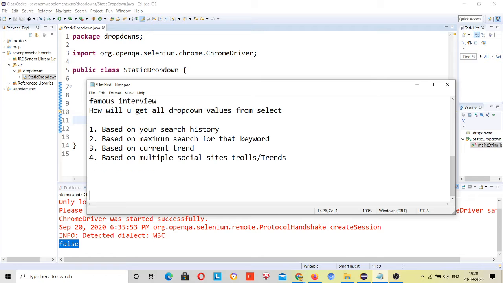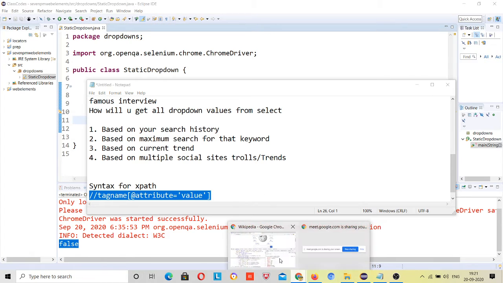Yesterday I told you the syntax for XPath is // tagname [@attribute equal to value], right? This is the syntax for XPath. So I am going to write that, right?